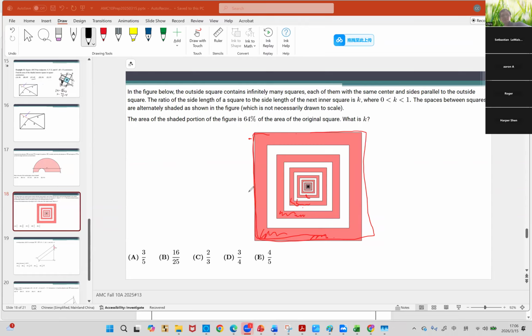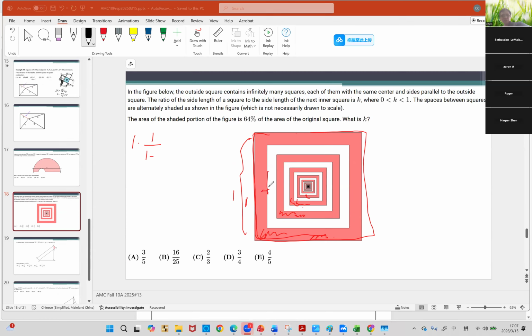So let's say this big area is one, this side length is one. So it's one times one over one minus the ratio. The ratio in this case is actually